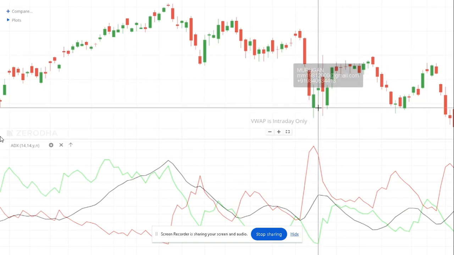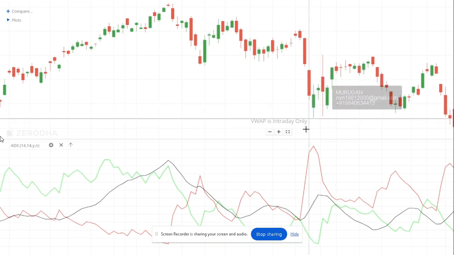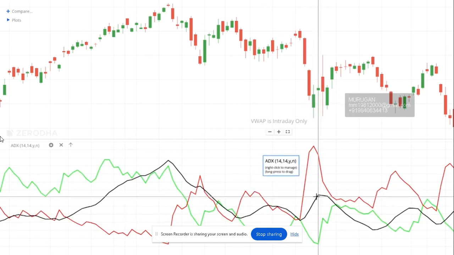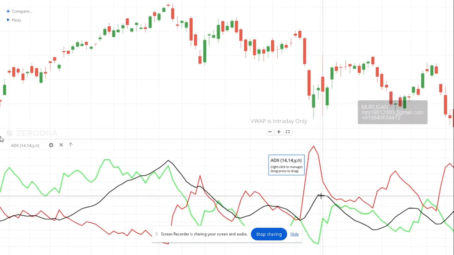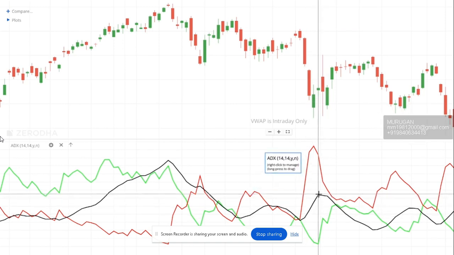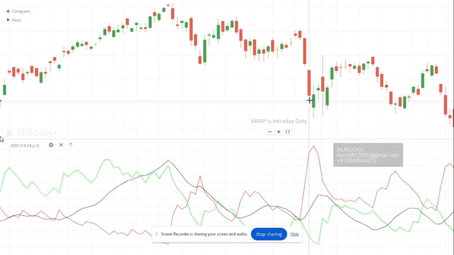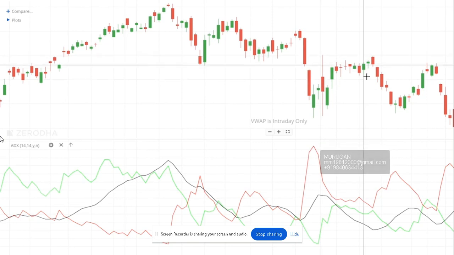This is 42,100. So this is 39,900, like a 300 point fall. But again here, see, the ADX is plateauing. Once ADX is turning down or plateauing, that means your momentum on the downside is dying. The market can consolidate or can reverse. So you see, that is what actually happened, the market reversed.